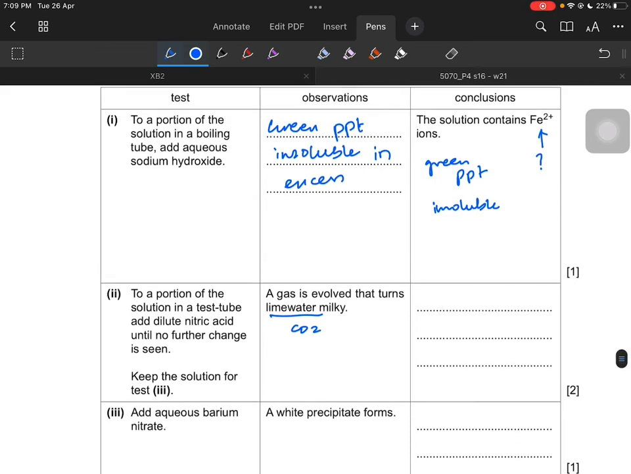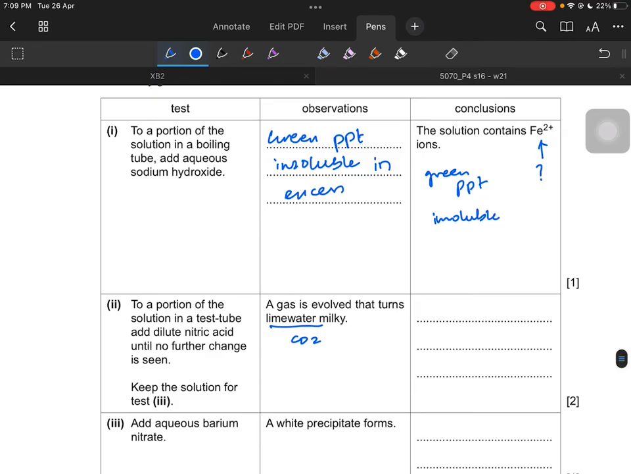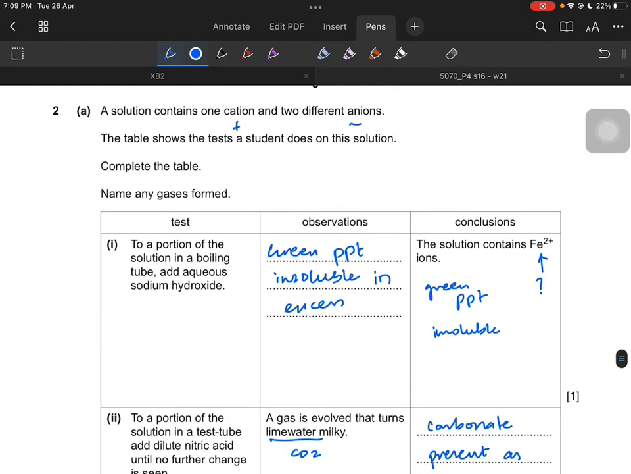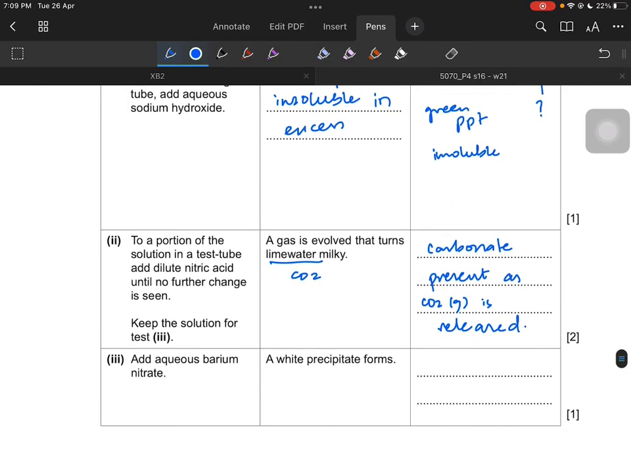So we have to mention that the conclusion is that carbonate is present as CO2 gas is released. So the conclusion is that carbon dioxide gas is released, because they're saying at the beginning of the question that I have to mention the name of any gases formed, and then carbonate is present. If you remember, carbonate is, by the way, CO3 with a 2- charge. Coming back,